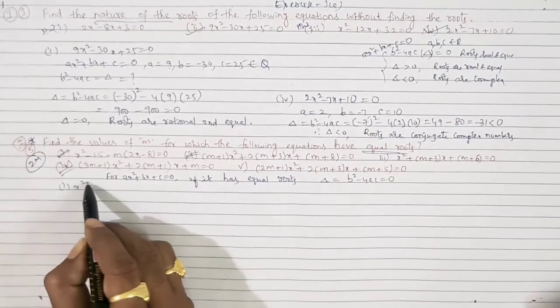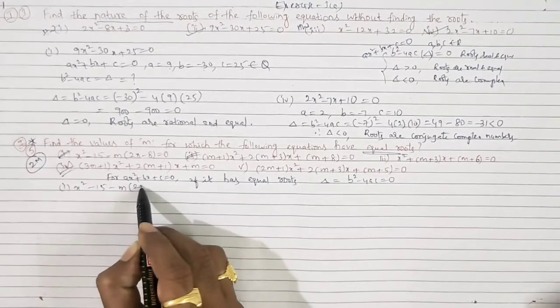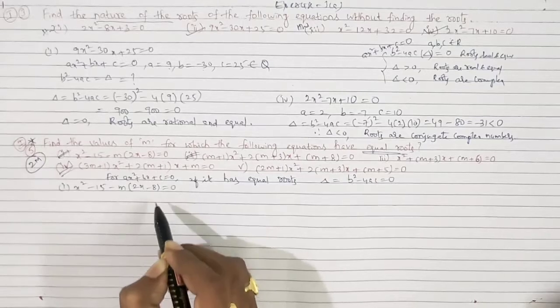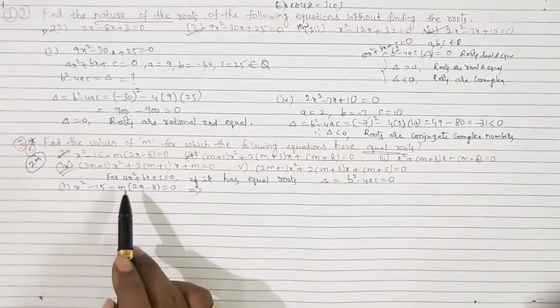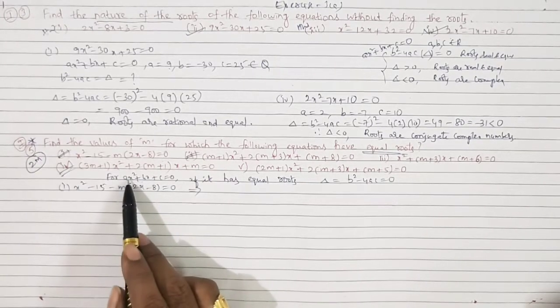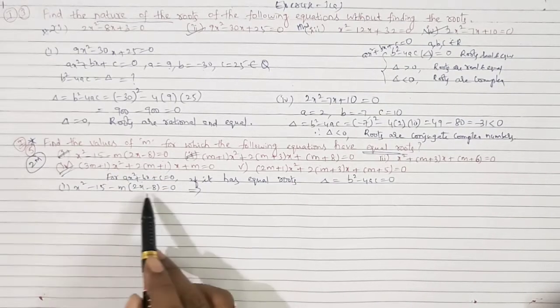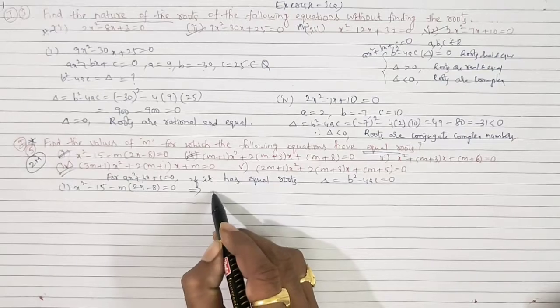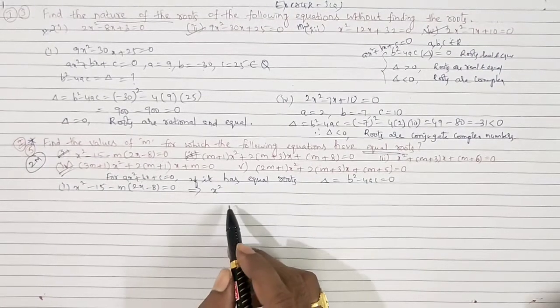So x square minus 15, m into minus m in times of 2x minus 8 is equal to 0, is the given equation. First, my dear children, you have to check whether it is in standard form or not, like the general form ax square plus bx plus c is equal to 0. That means first the quadratic term, next the linear term, next the constant. Of course it is not in that form, so rearrange the terms in the form of ax square plus bx plus c is equal to 0.